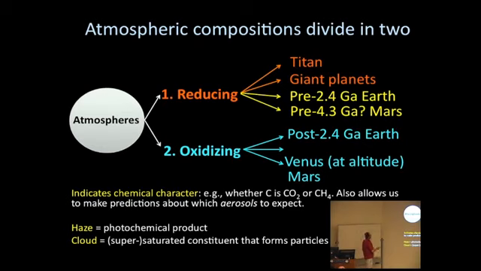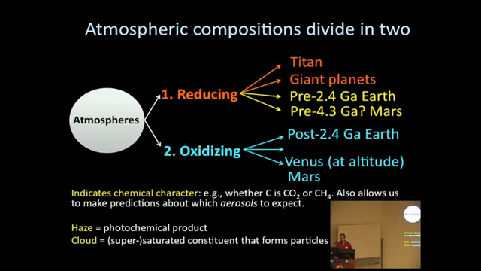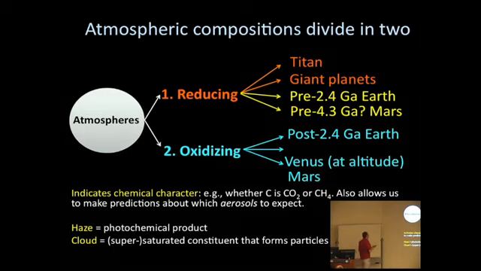And so that we can talk about reducing atmospheres like Titan, the giant planets, the Earth, before it had a lot of oxygen in it, maybe Mars, sometime in the distant past, and oxidizing atmospheres, the Earth today, Venus. Venus is always the problem child of the solar system, but at altitude it's oxidizing anyway. If you get near the surface, it's a bit more reducing. And Mars, CO2. Why is this a useful way to think about atmospheres? Because it indicates the chemical character